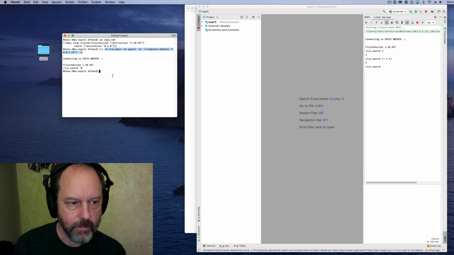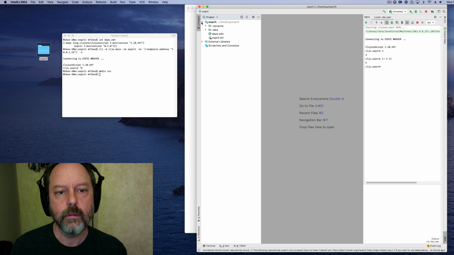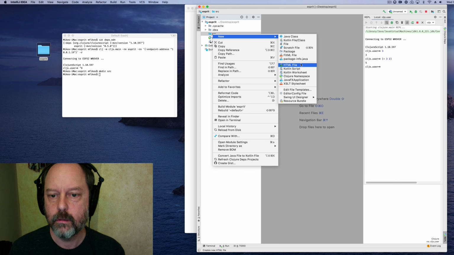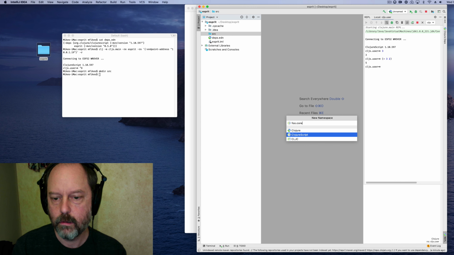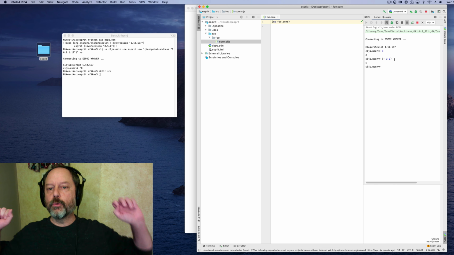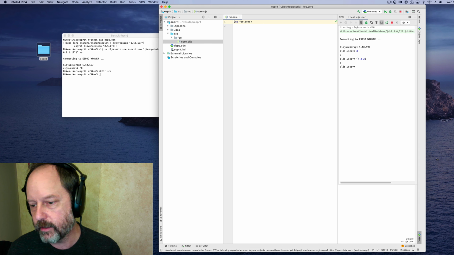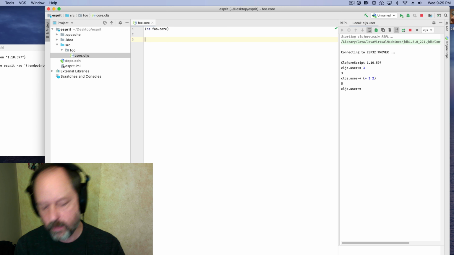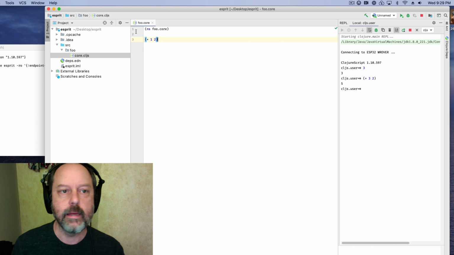But then let's see, let me make a directory, and let's see, source directory, and make a new namespace. Make a ClojureScript namespace, named foo.core. Now, Esprit does not support loading namespaces into the environment. Require doesn't work and stuff like that. But you can still put stuff in here, like I could do (+ 1 2), and